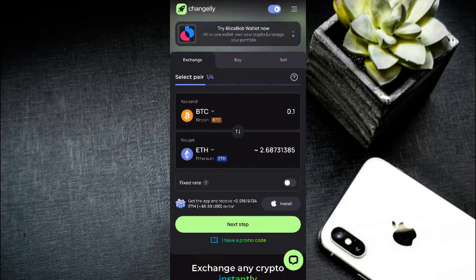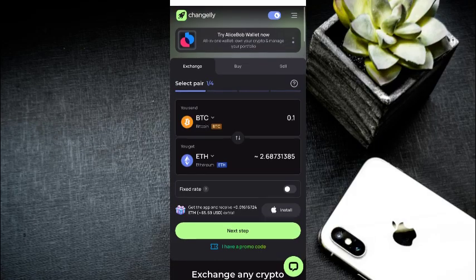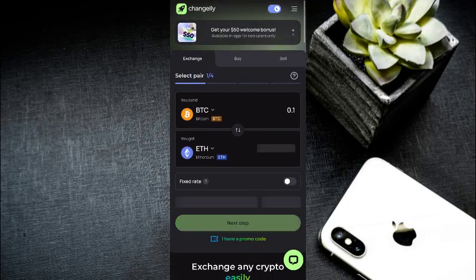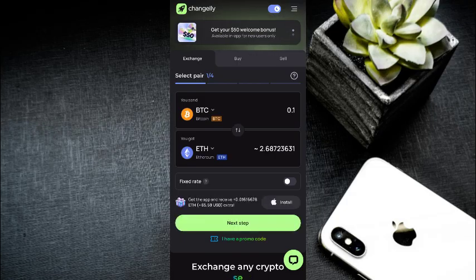In this video I'm gonna quickly walk you through an easy step-by-step guide on how you can easily register on Changelly. And here's a simple process. So the first thing to do, you have to make sure you download the Changelly app, or you go to the website. So from the website you have to sign up or create an account on the home page,